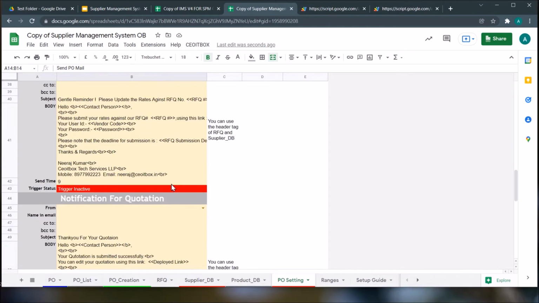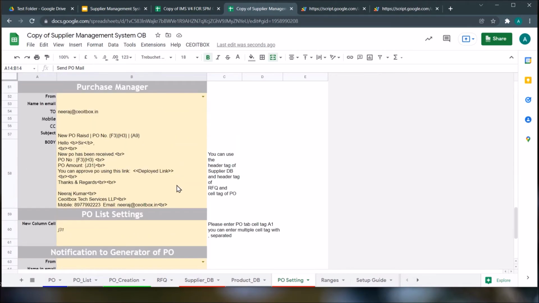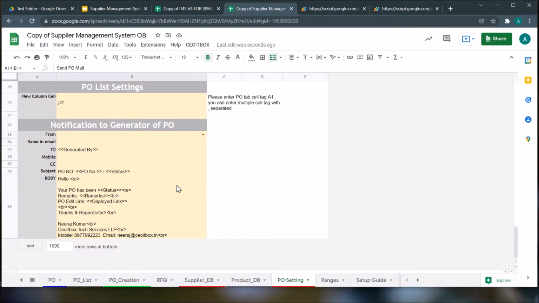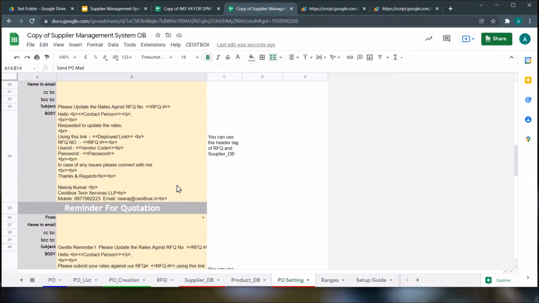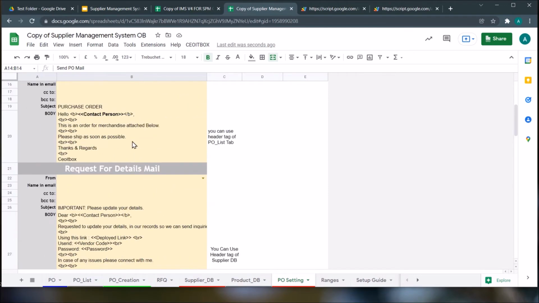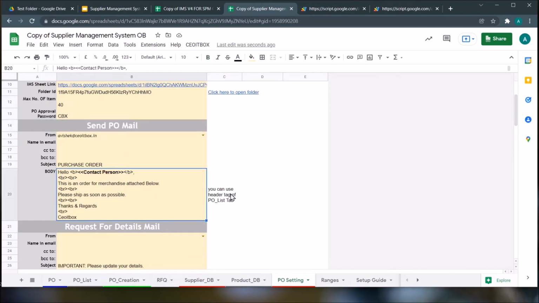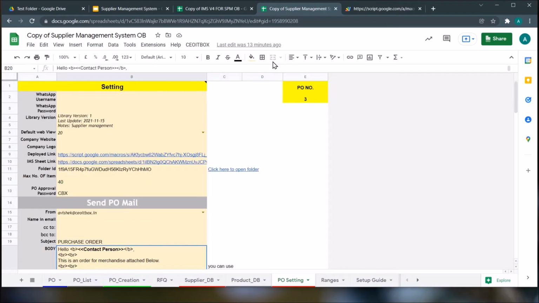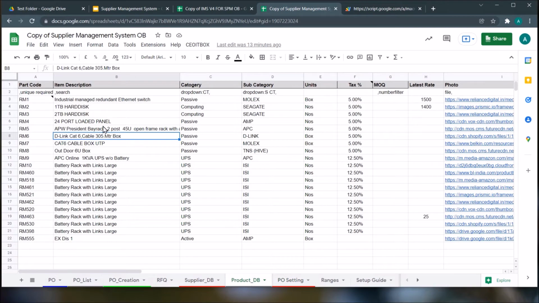These we will look at on the 24th when we are actually going to be implementing, and we will walk you through how you can use each of these tags from these lists here to customize it if you need to customize. Now coming to the two of the most important databases, the first one is the product database.